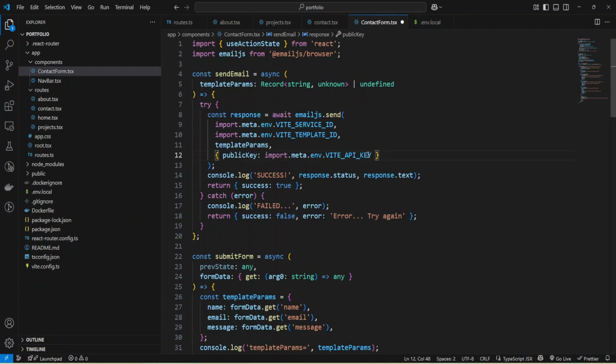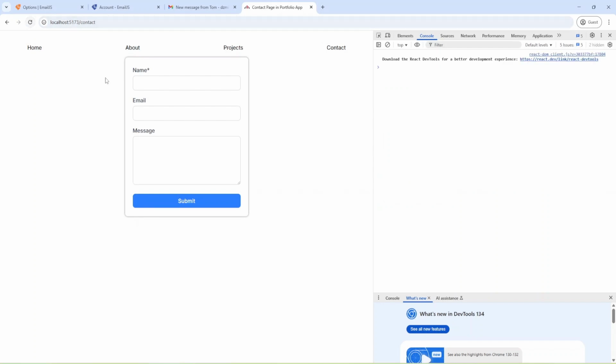And you can change these values for environments like production or stage, I don't know. And let's check again. I'm going to refresh the page and provide some test at test.com and provide hello and submit message.